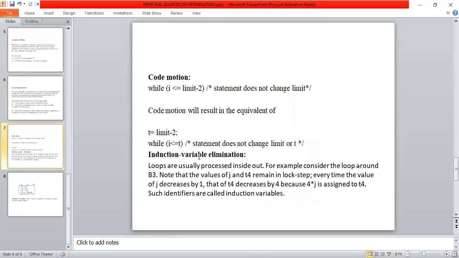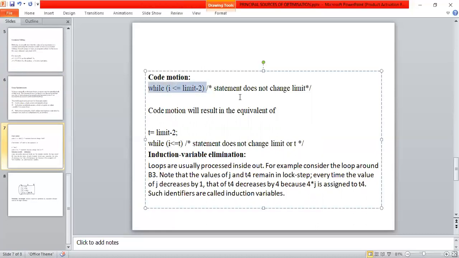Now I'll give one example. Here I have a statement: while i is less than or equal to limit minus 2. If I represent this statement in my program, then this while loop is executed n plus 1 number of times. So instead of writing this statement inside, I write it outside the loop: t is equal to limit minus 2. First of all, I calculate the limit minus 2 value,